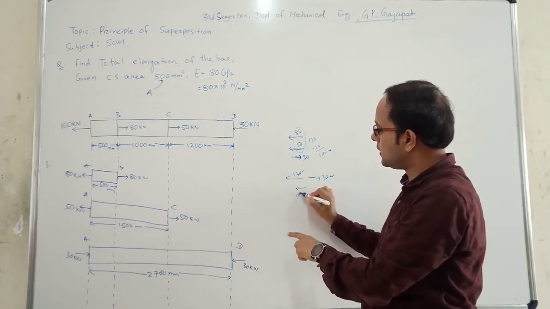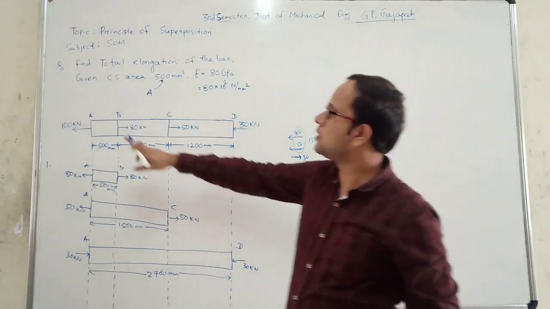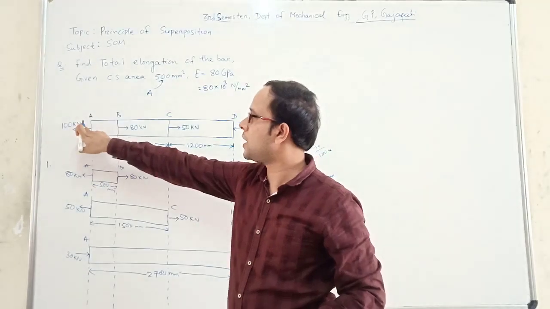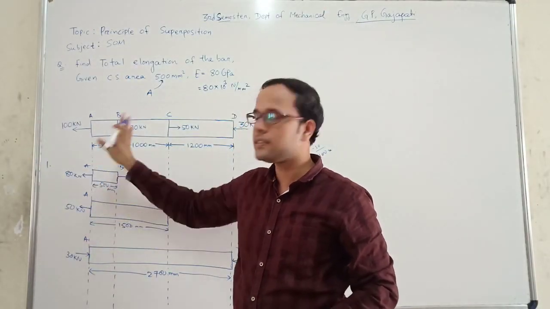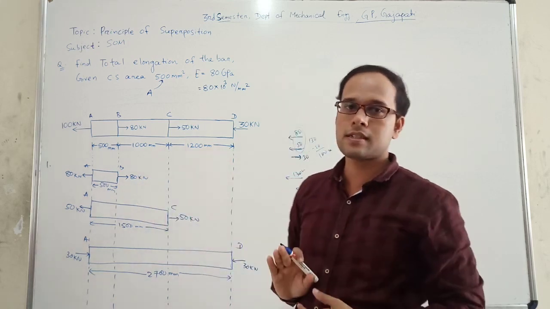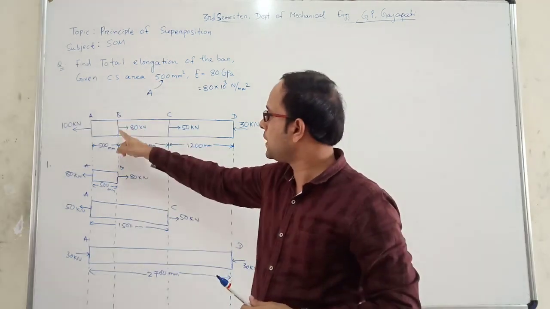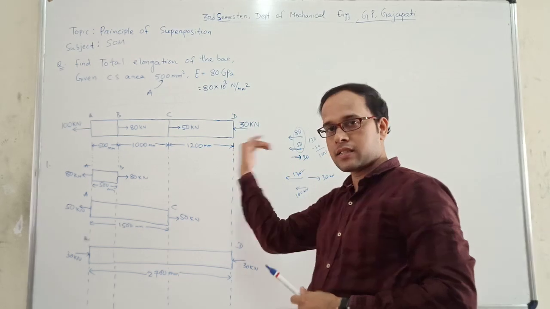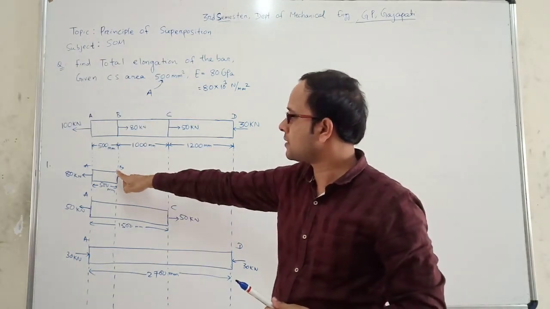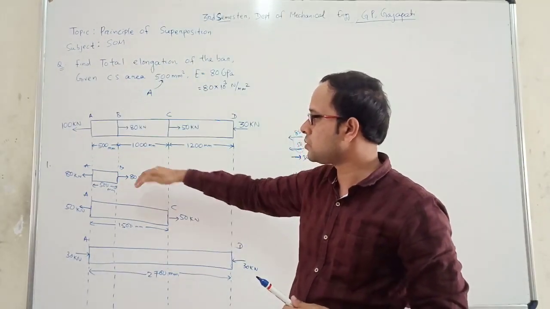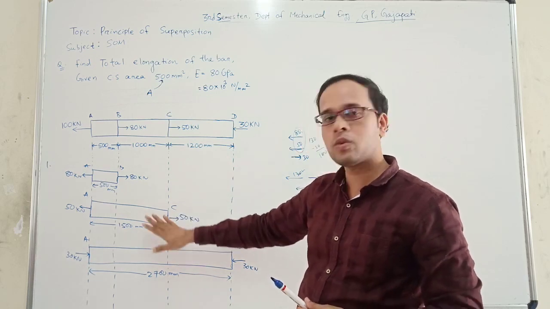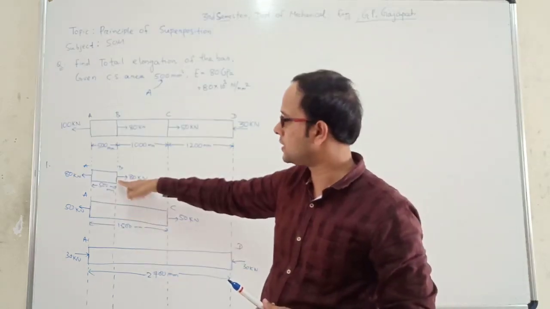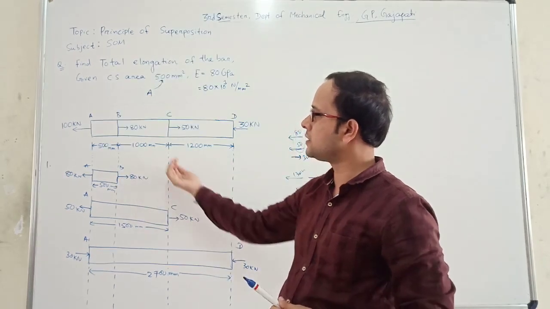So 100 kilonewton. Now look at the original figure. So this is 100 kilonewton in that direction. So cross section A is satisfied. Now come to cross section B. So at B, 80 kilonewton in this direction towards right hand side. So now at cross section B, 80 kilonewton towards right hand side. Now in this section there is no other force at B. So this is satisfied that 80 kilonewton in this direction.